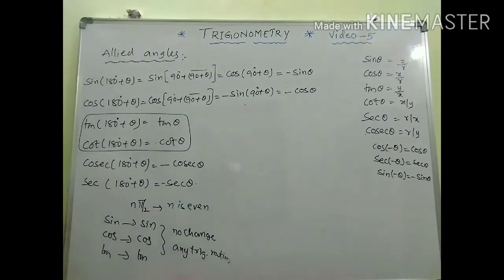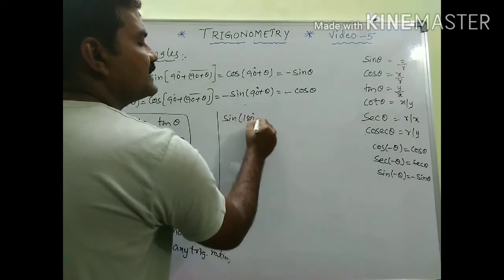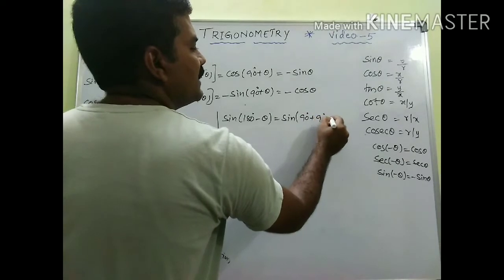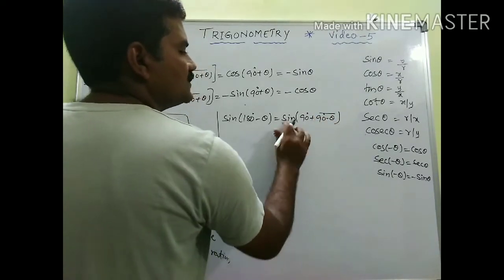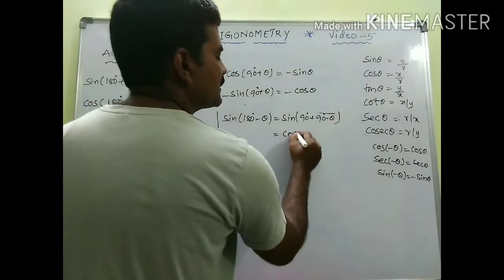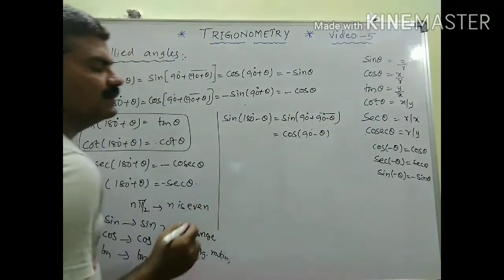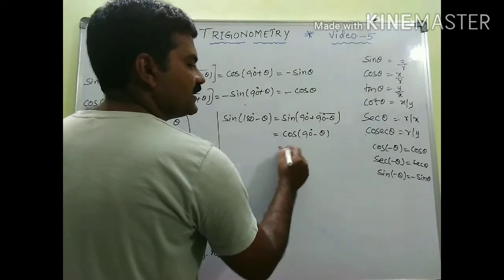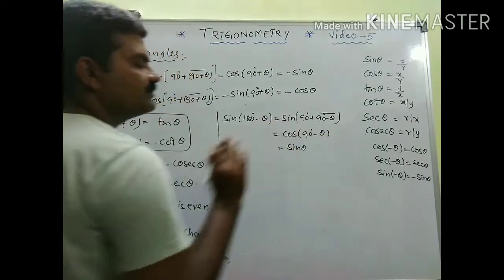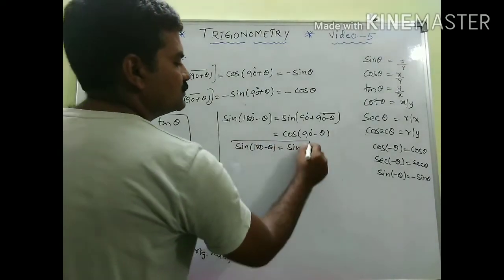180 minus theta. So now I want sine of 180 minus theta. I can write it as sine of 90 plus, 90 minus theta. Let it be an angle. So this is in the form of sine of 90 plus angle. So sine of 90 plus angle is nothing but cos of that angle, I mean cos of 90 minus theta. So cos of 90 minus theta, first formula this is. Cos of 90 minus theta, when it is 90, cos changes into sine and this is equal to sine theta. Therefore, sine of 180 minus theta is equal to sine theta.